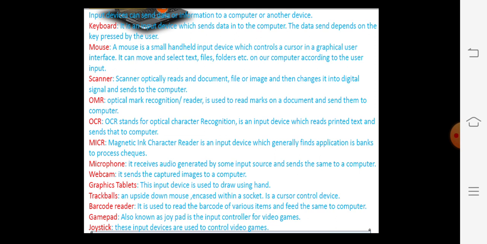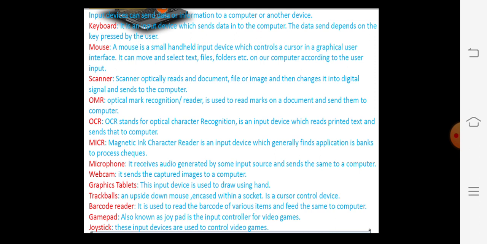Barcode reader, that you already know. While you are going shopping, you may see a barcode reader. For a product there will be a barcode. The device which reads the barcode is termed a barcode reader. Then the gamepad is also known as a joypad. It is the input control for video games. And the joystick, these input devices are again used to control video games.